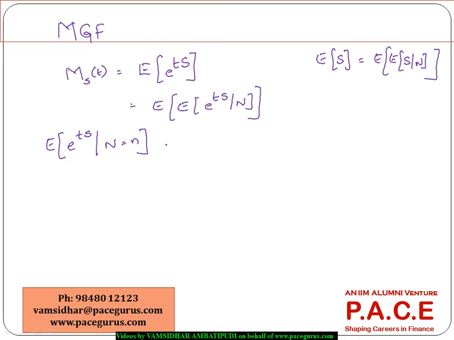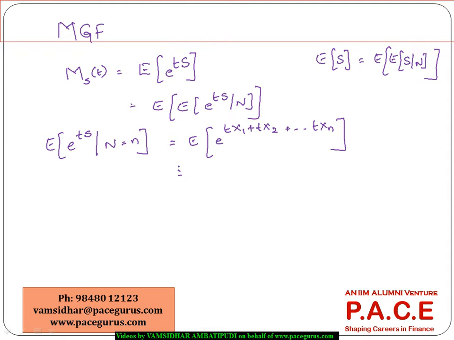For a fixed n, it becomes the expected value of e to the power of tX1 plus tX2 plus so on tXn. Now we know that X1, X2, X3 are all independent, so I could very well write this entire stuff